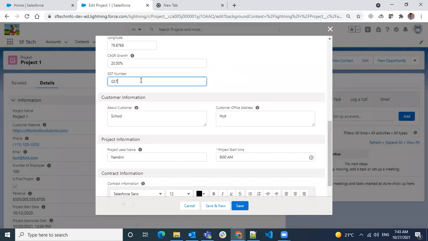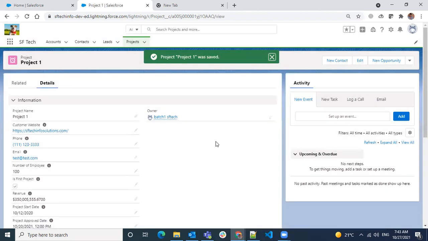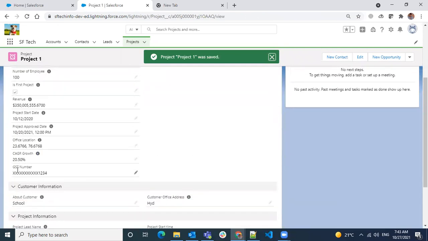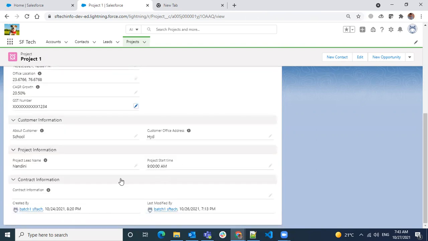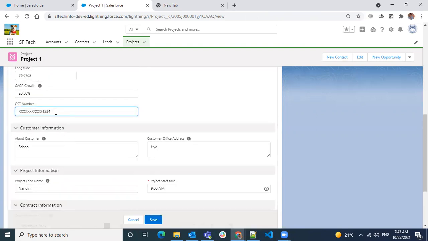Let's say my GST number is something like this. I'm just saving it. If you look here, everything is masked except 1 2 3 4. Even if you edit it, it will remain the same. You cannot see the data, only this.